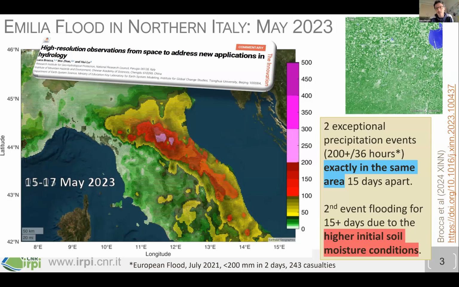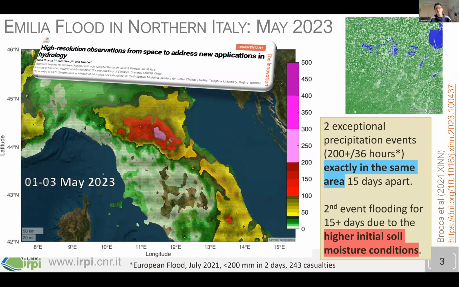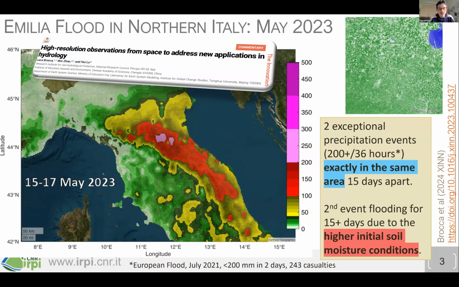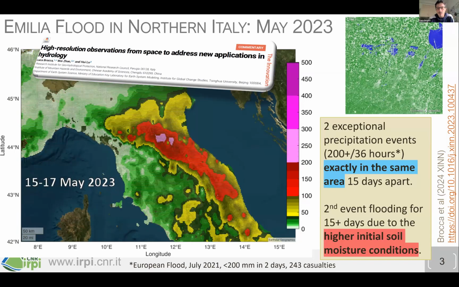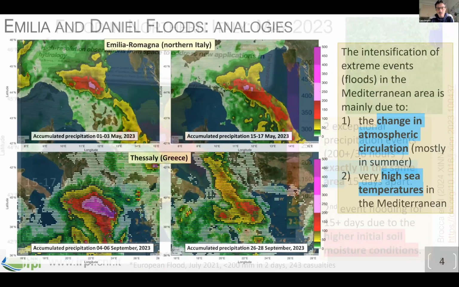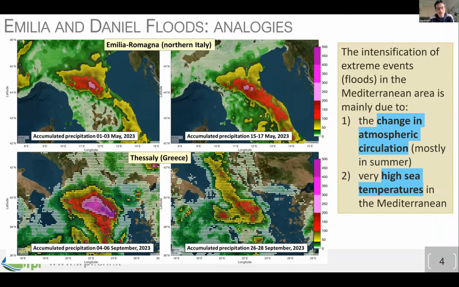So here, the amount of water falling into this area was really important, and that's why we have a flooding, that you can see on the top right, lasting for 15 days. Since I started working on this topic 20 years ago, I never had in Italy a flooding lasting for 15 days. So what happened in both cases? Probably people don't know, but also in Greece, after around 20 days, a storm less important than Storm Daniel happened exactly in the same area.